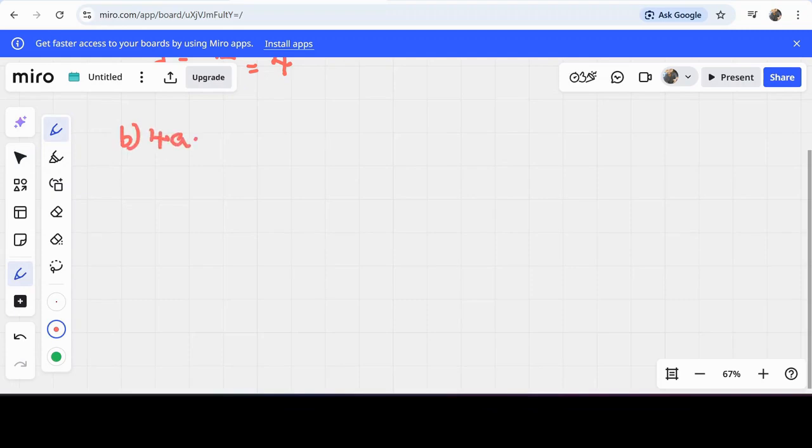4a plus 3 into (a plus 1) is equal to 15 minus (3a minus 3). Here also there is an LHS as well as the RHS. First I will solve the left hand side. It will become